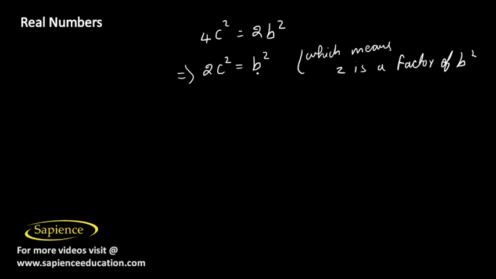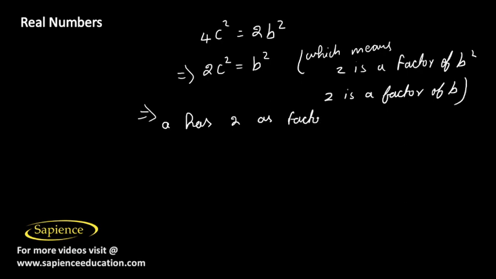See, the same way b square is equal to 2 into some other number, so 2 is a factor of b square, which also means 2 is a factor of b. So we just found out a has a factor 2 and b also has a factor 2. a has 2 as a factor, b has 2 as a factor,